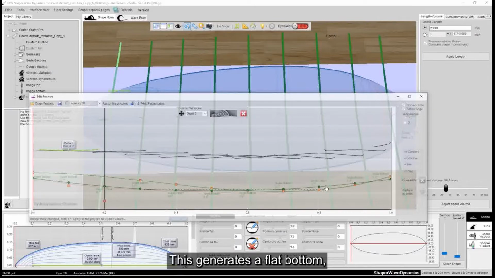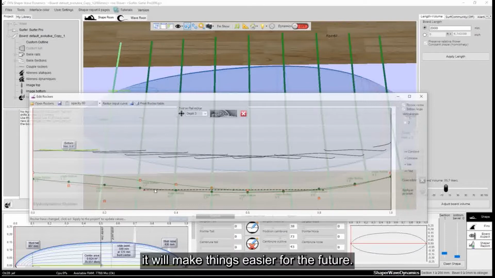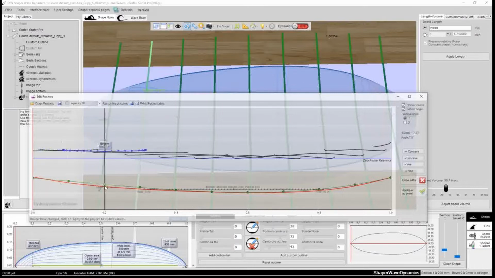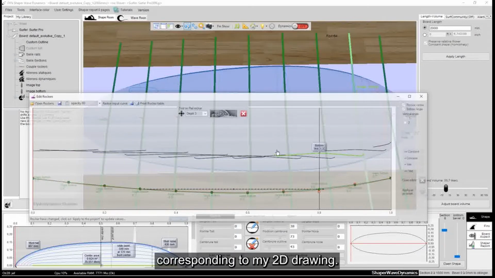This generates a flat bottom, without concave or belly. It will make things easier for the future. There. I end up with a flat board, corresponding to my 2D drawing.